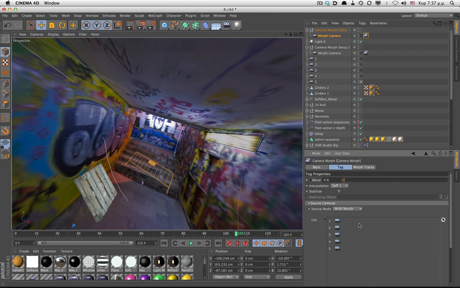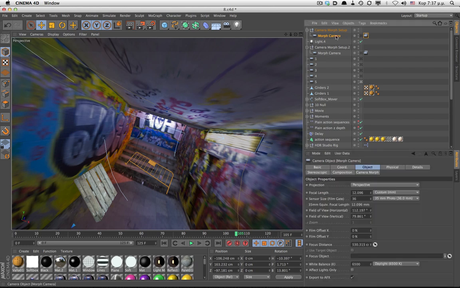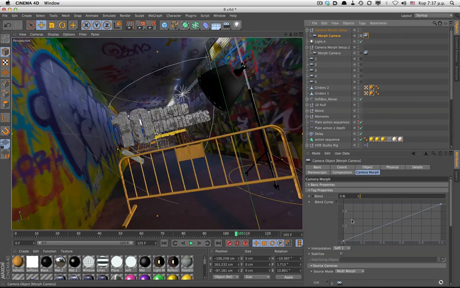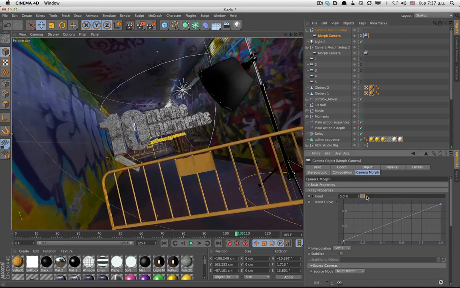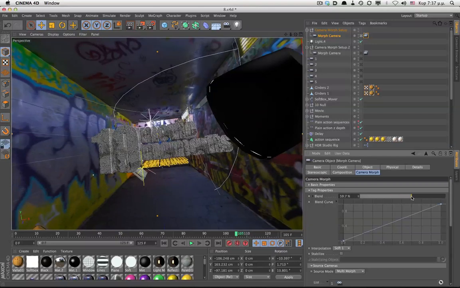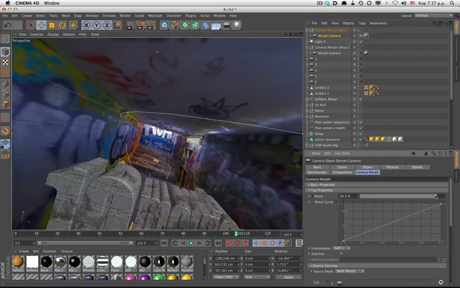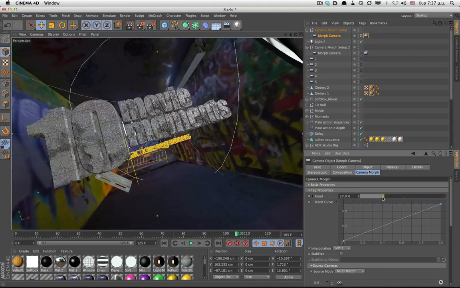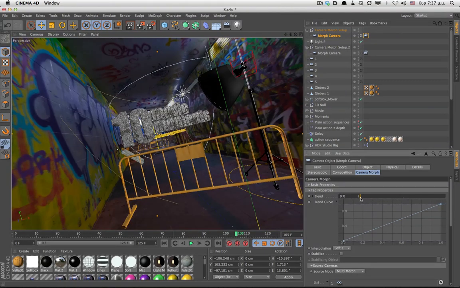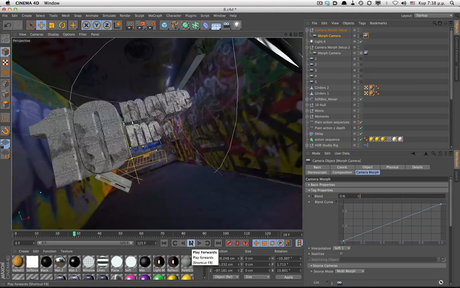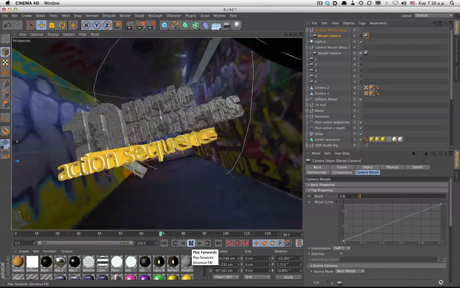Now, if you use the Blend Morph, you can see the animation being generated by our previously set up cameras. Isn't that cool? The great thing about this is that you can continuously change your settings of your cameras, and the Morph camera will update with the new setting. All we need to do now is just set a few keyframes and we're all set.